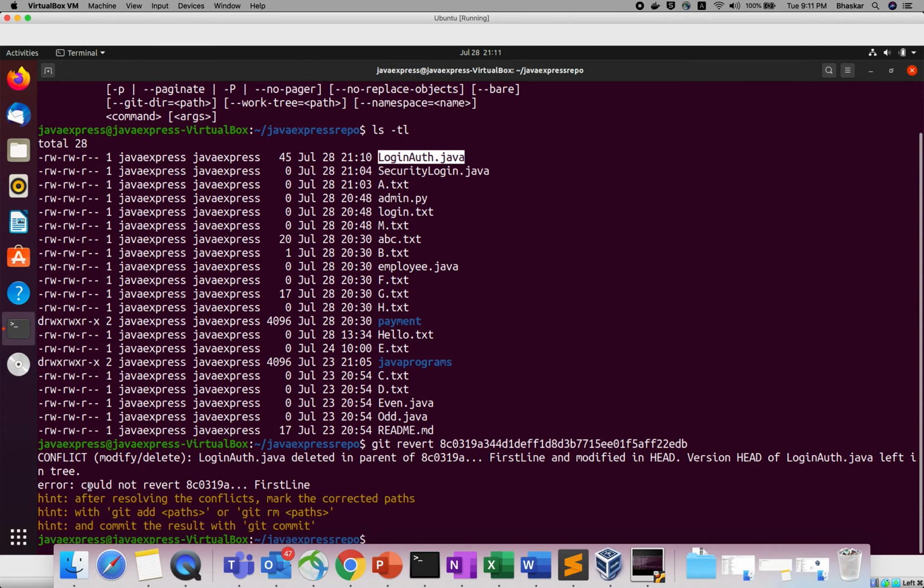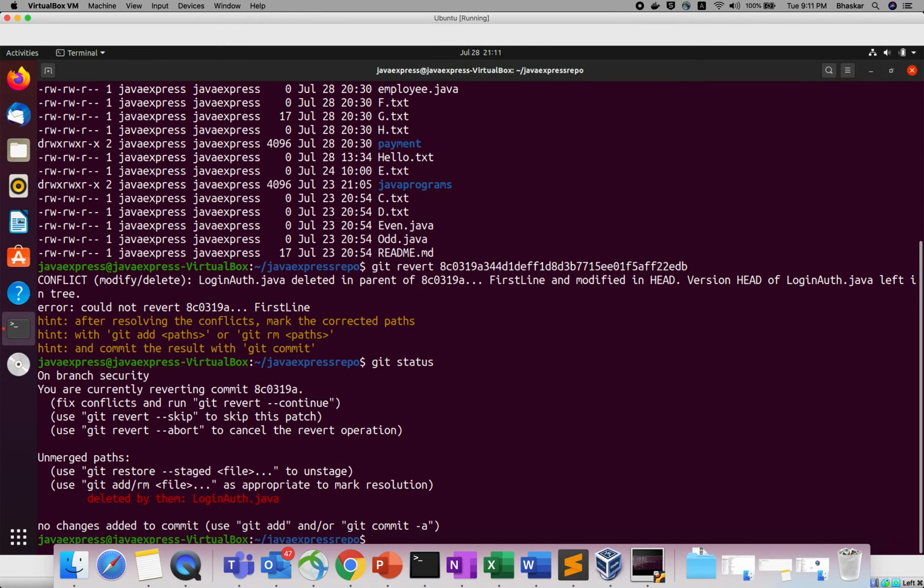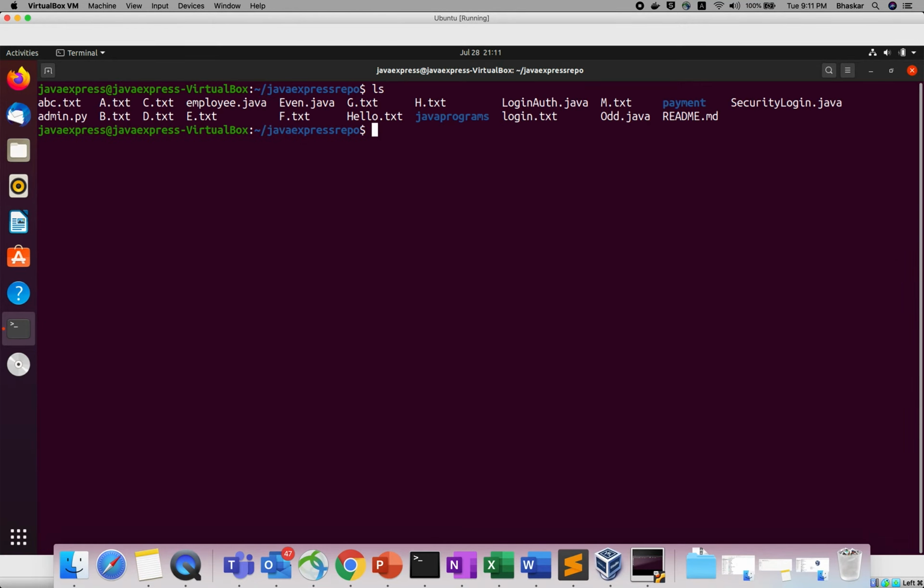It is saying couldn't revert. Why? Because after resolving the conflict, mark the corrected path. If you see here, the git status command shows deleted by them, login auth.java. If you do the ls command, now you need to edit.